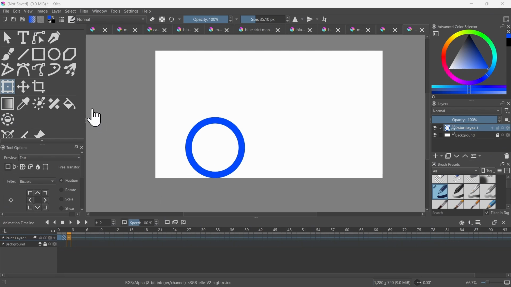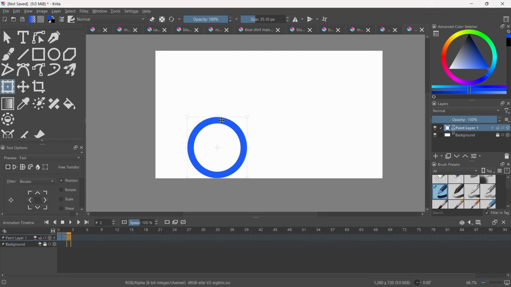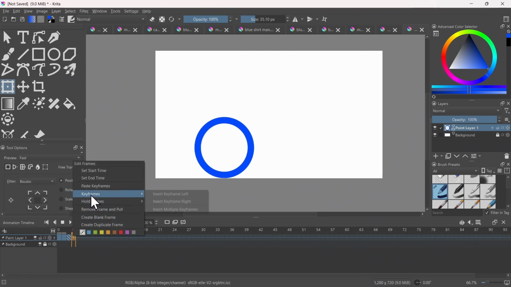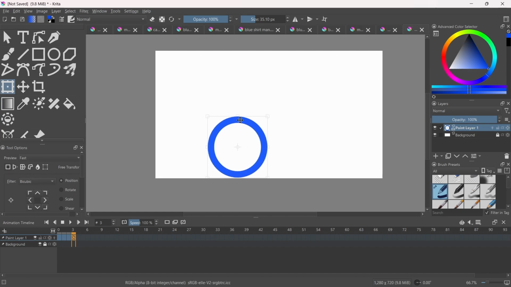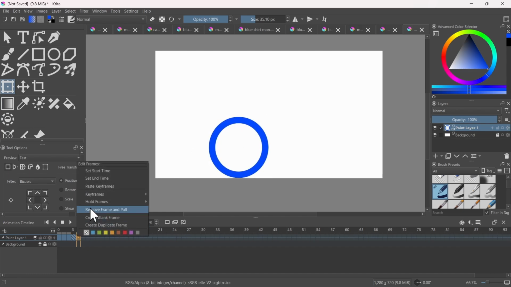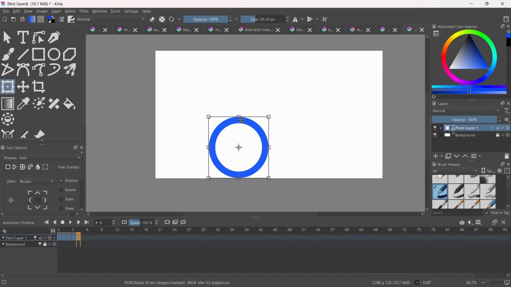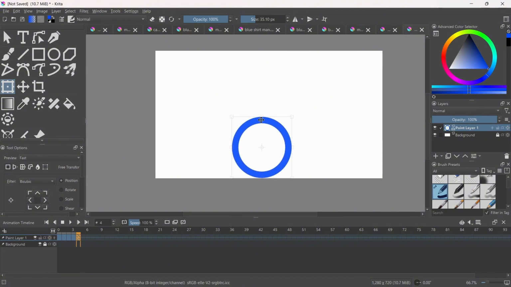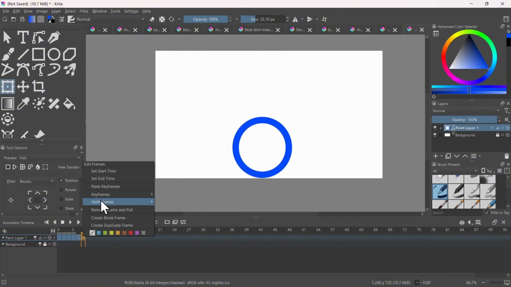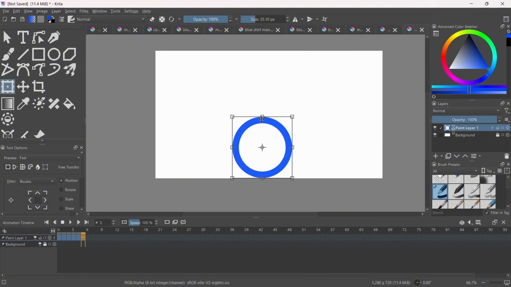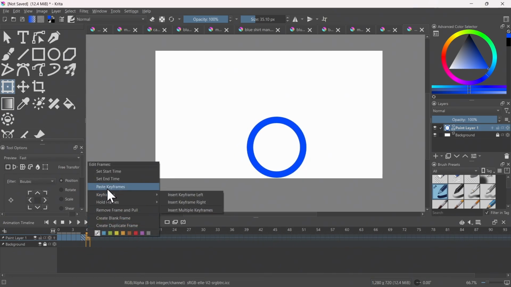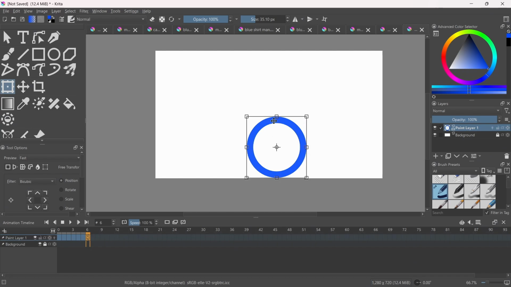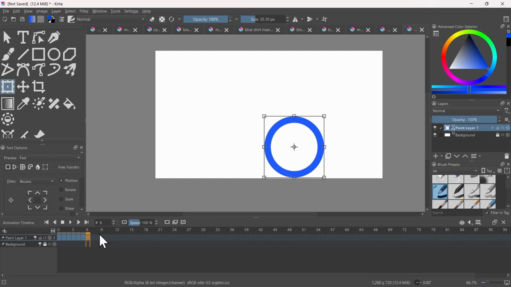Now you wanna change the position again. Let's move it more to the right, and then again right click, paste keyframe. Let's change it more here, and then right click, paste keyframe, and then let's move it more, right click, paste, let's move it, paste keyframe, and then let's move it more,